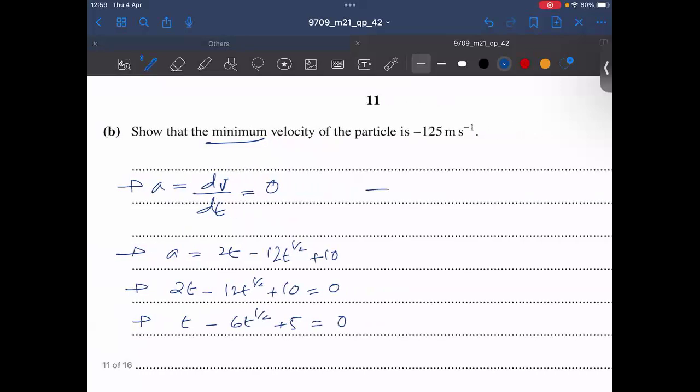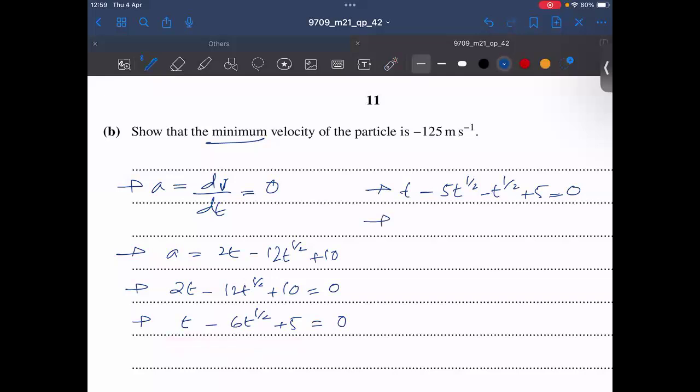Now let me factor out. So it's going to be t minus 5t to the half minus t to the half plus 5 equal to 0. You may use the quadratic formula as well. It's your choice. You may take the substitution for t to the power of half as a, and then this would become a square, and this would become a, and then you may use the quadratic formula, solve for a, and then substitute for t to the power of half with the value of t. But I can see that I can factorize it easily, so I'm doing it